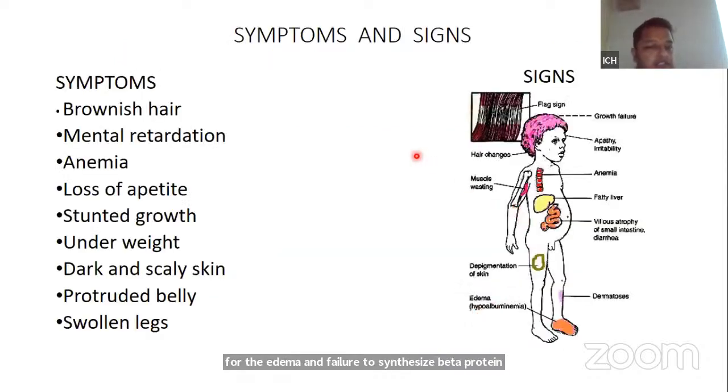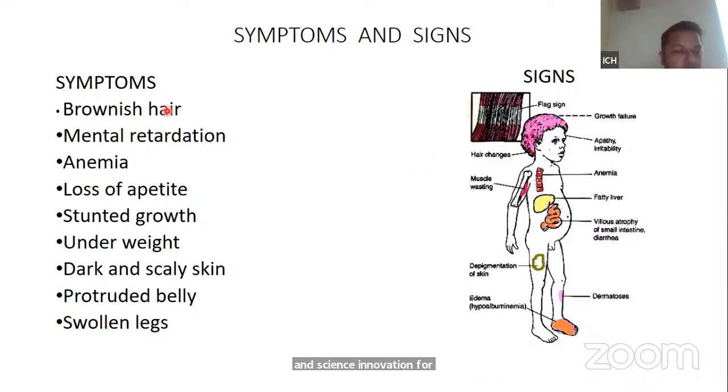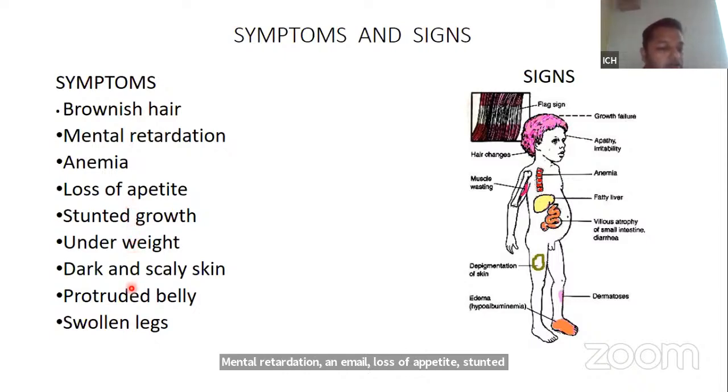Now, symptoms and signs in a patient of kwashiorkor. From top to bottom, symptoms will be brownish hair, mental retardation, anemia, loss of appetite, stunted growth, underweight child, along with dark and scaly skin, protruded belly, and swollen legs. While examining the signs, we can see the flag sign in the hair because there are alternating periods of proper nutrition